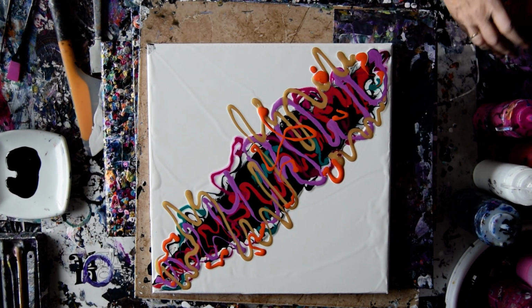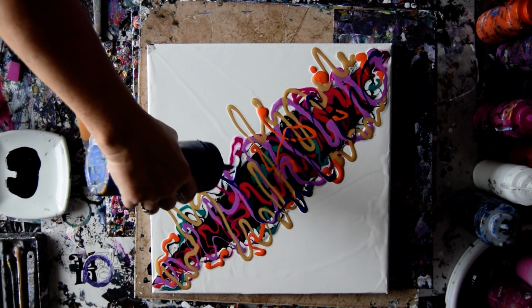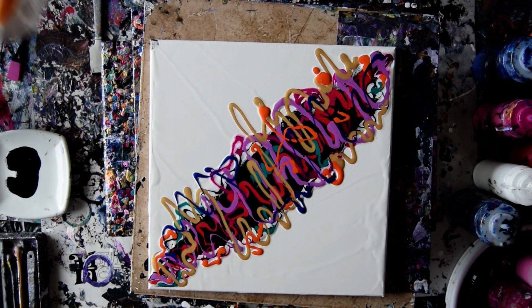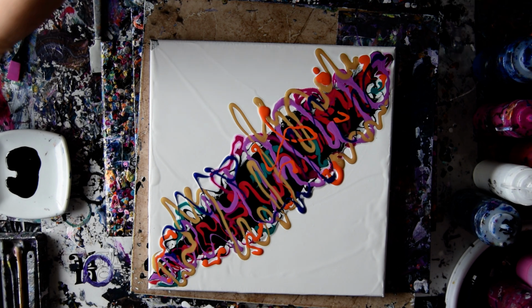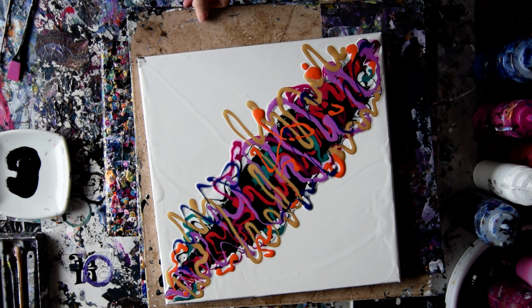Those look pretty strange from here. His colors, but I guess we'll find out in a minute. I could just use a spatula. I'm going to throw that spatula in the bucket. I am going to start by dipping my spatula in